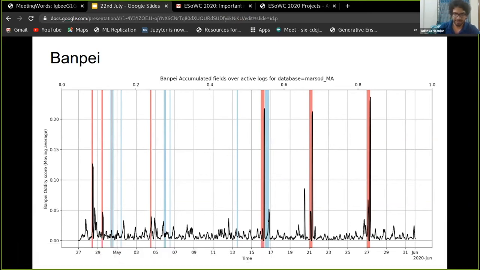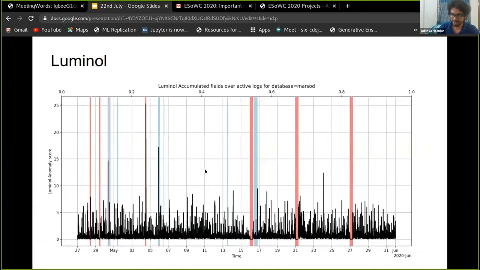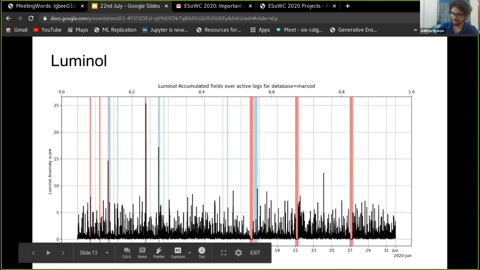So for that, we have one more method known as Luminol. Luminol is a sliding window similarity based anomaly detection algorithm. It falls in the paradigm where we take a window and compare it to the previous windows. It is more suited for detecting short-term anomalies. So here we seem to be catching more of the anomalies between 3rd and 7th.